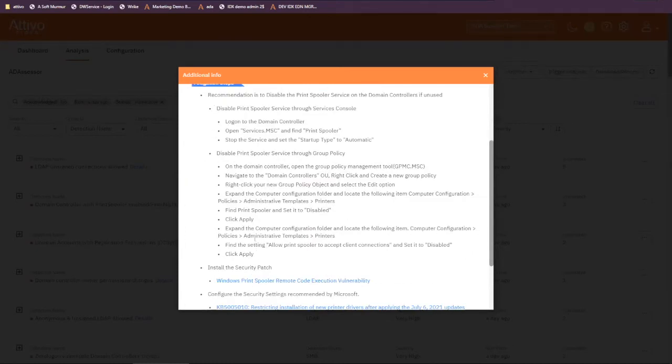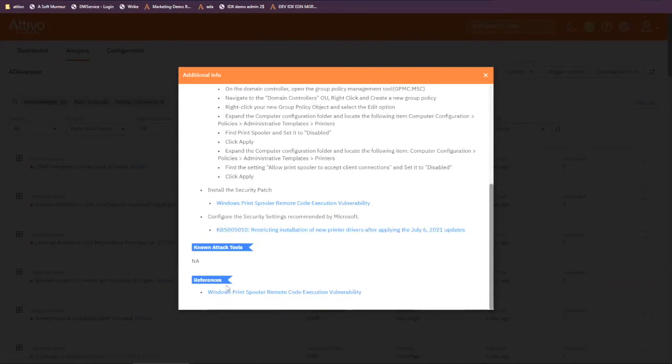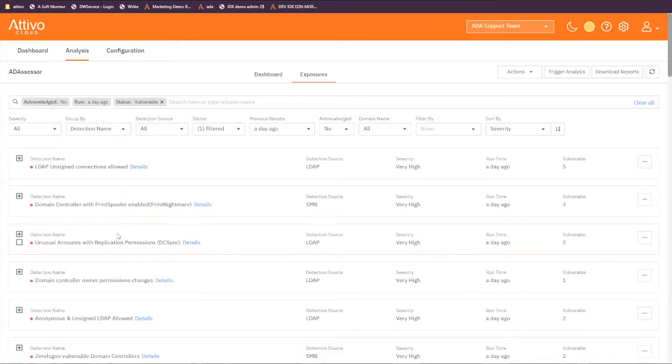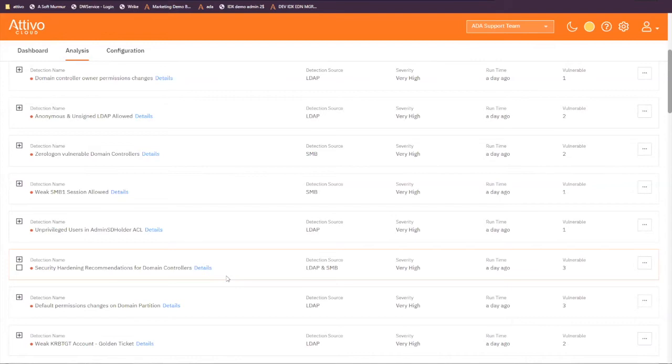So yes, we will also tell you how to fix it and what the mitigation steps are, if there are any available security patches, etc., if there are any known attack tools. Now, one that I like to point out, because most people tend to not understand how vulnerable it actually is, is this weak